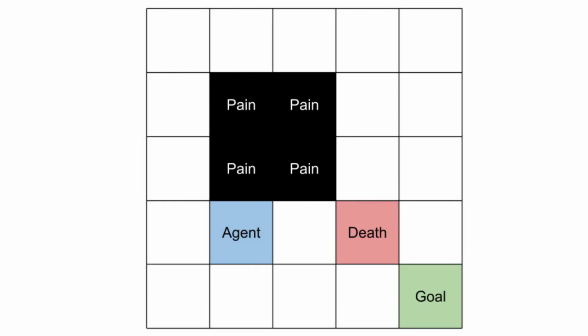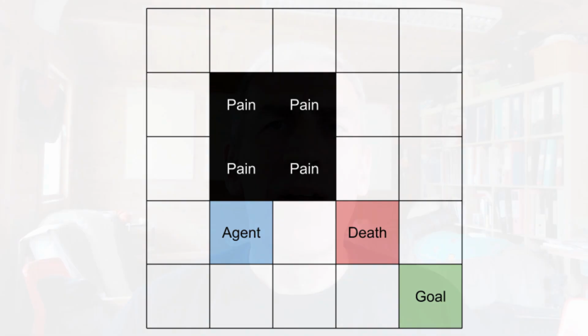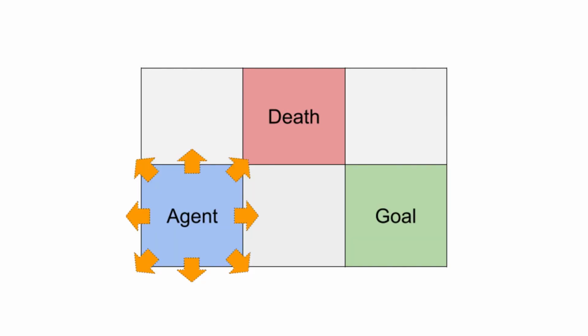Of course, to us humans, this looks painfully simple. We can see the goal, we can see the pain zones, we can see the death zones, and only a fool would walk into them. But we possess actual general intelligence, and at the beginning of his life, our agent doesn't even contain 1 scrap of artificial specialized intelligence that he'll need to help him. If you're looking for a bloodbath, then our agent will not disappoint. But he can learn. To find out how, we need to understand a little bit more about the agent and the nature of the grid world he inhabits. Let's have a look at a smaller section.